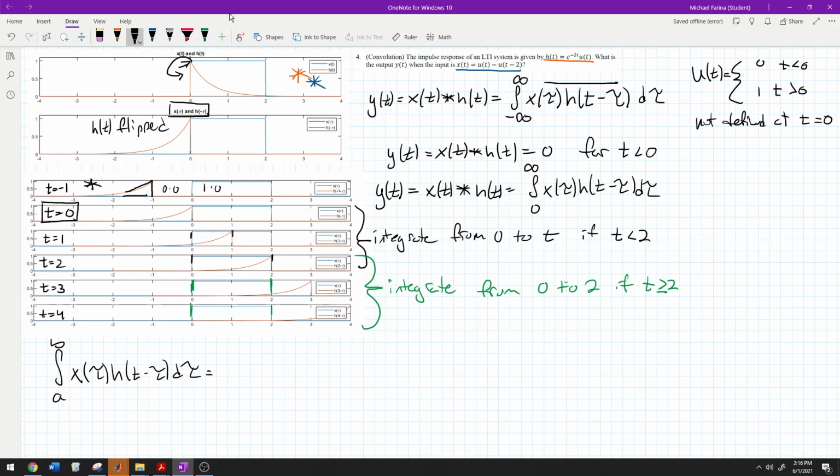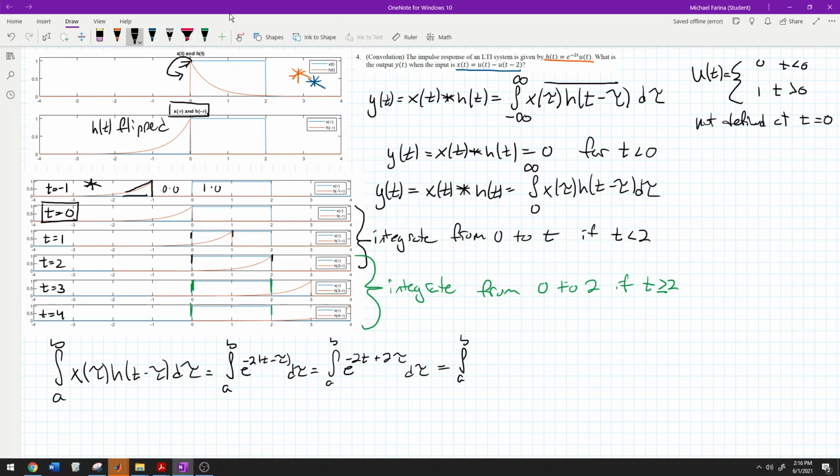So we'll swap out our h, and that's the integral from a to b of e to the negative 2 times t minus tau d tau, and we'll do a little bit of manipulation here, and we get e to the negative 2t plus 2 tau d tau,